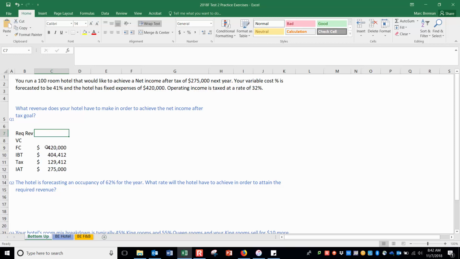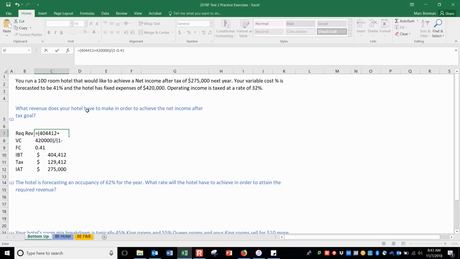Whatever the answer to these two combined is, we're dividing it by whatever 1 minus the variable cost percentage equals. So we'd open up our brackets and go our income before tax, our operating income, plus our fixed costs. Okay, close the brackets, and we divide it by whatever 1 minus, and variable expenses are forecast to be 41%,